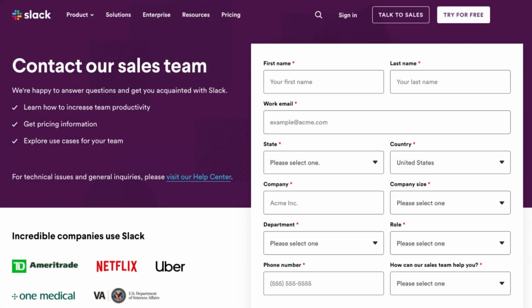And that requires lead research and enrichment, which takes time from your sales team. And while your team's digging for data, hot leads go cold. I'm going to show you how to set up an inbound sales process that will enrich, score, and route leads. So we start at level 1, lead scoring.